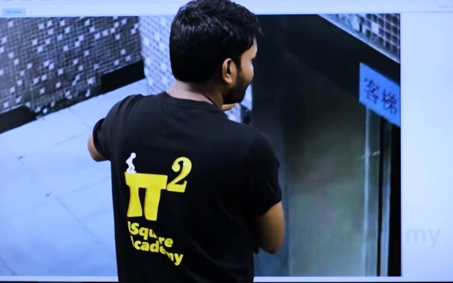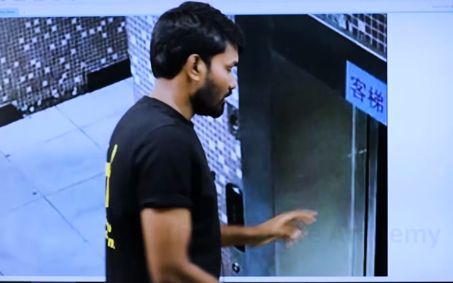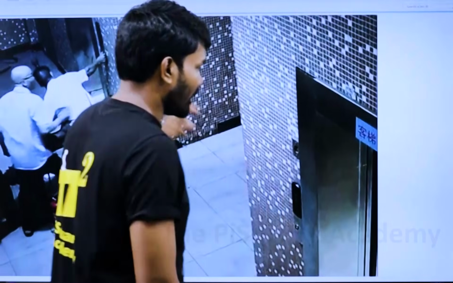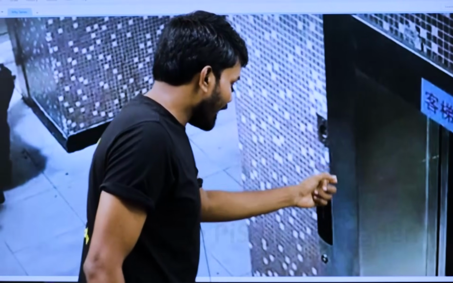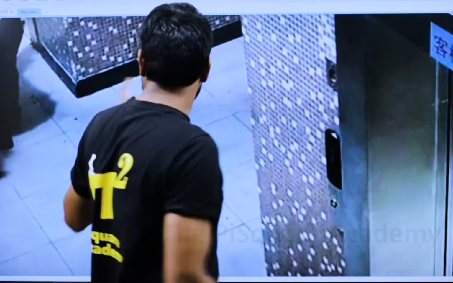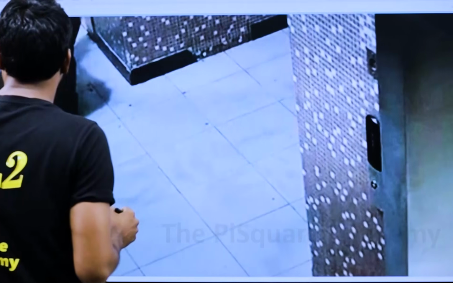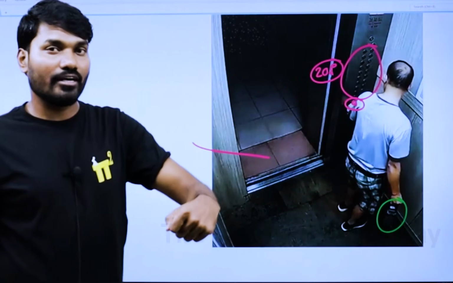Because this lift says, in Chinese, it is a standby lift. This lift is a standby lift. This is the main lift where the actual incident happened. In Chinese translation from our AI, it has translated to standby, and this says right now these people are on the first floor. So which confirms this guy has charged his battery pack at home, and he's carrying it to put it on the bike, the moped.